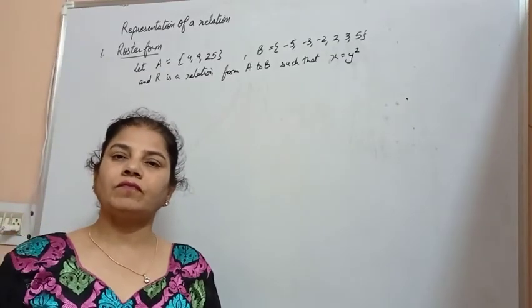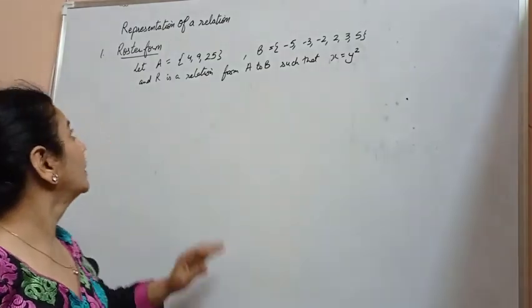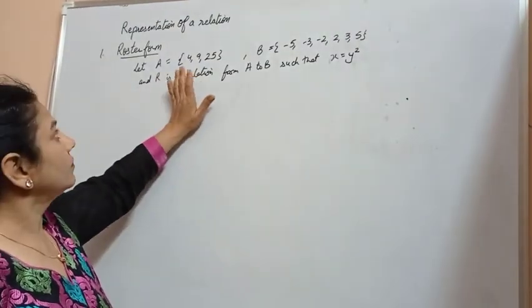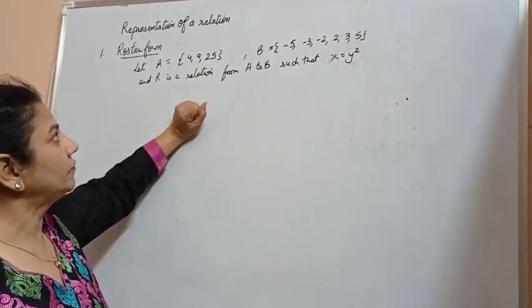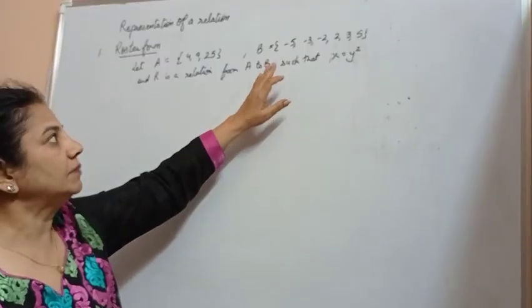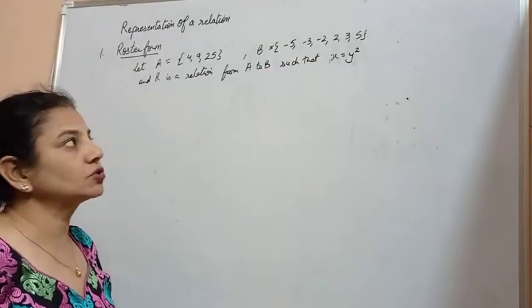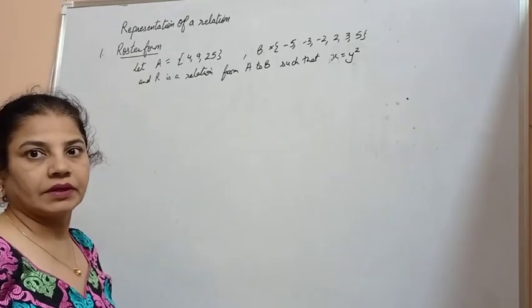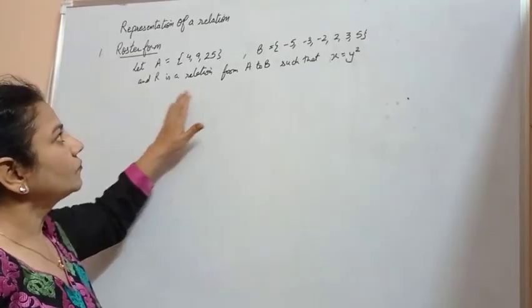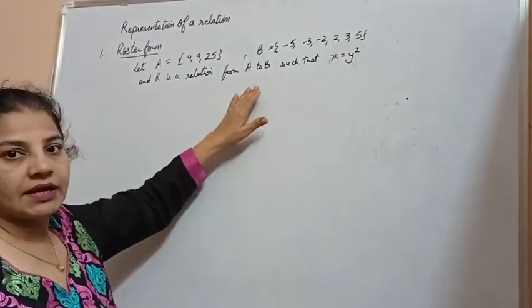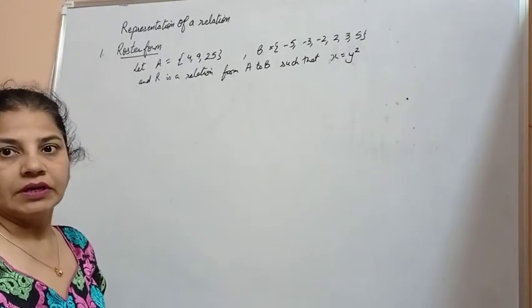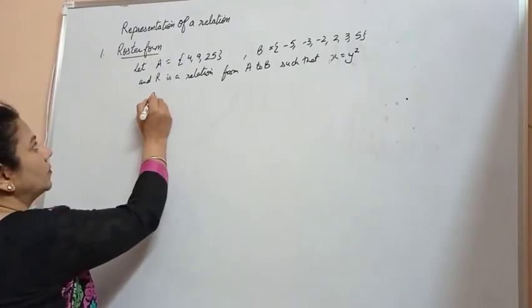The representation of relation in roster form. Let A be the set having elements 4, 9, 25 and B the set having elements -5, -3, -2, 2, 3, 5. The relation R from A to B such that x is equal to y square. Then the relation R in roster form